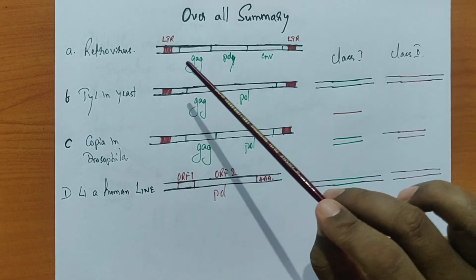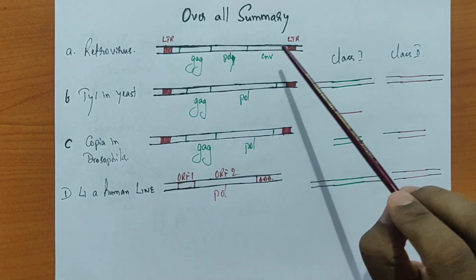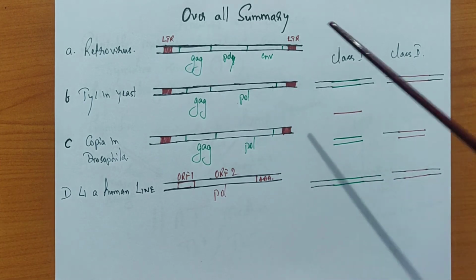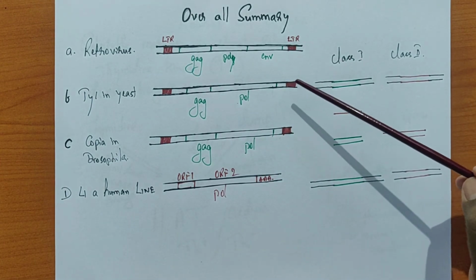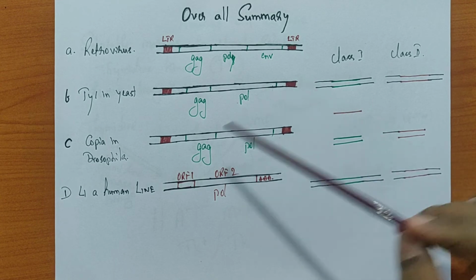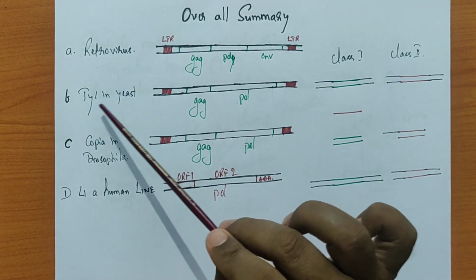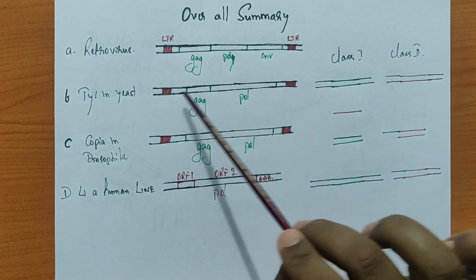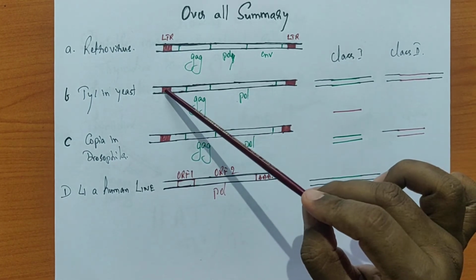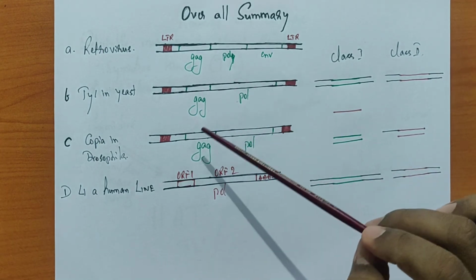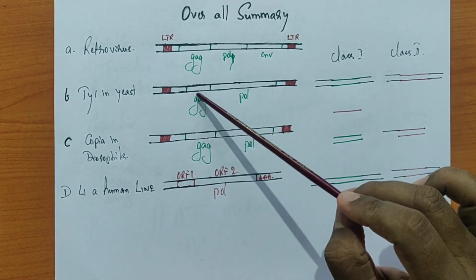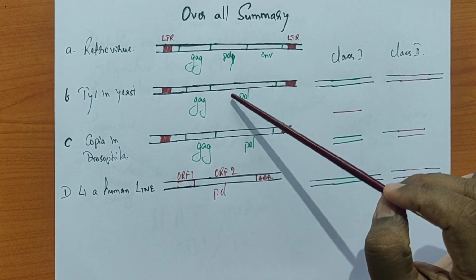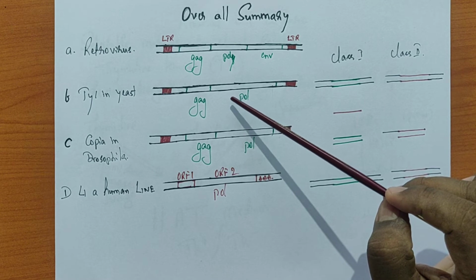So now this is a typical structure of a retrovirus and its organization, but for the integration this LTR is important. Now when it comes to the transposable element, this is a TY1, a transposable element in yeast, in fact. When you try to understand the structural details, it has the LTR sequence, which is important for the integration. Then we have the gag region, which is important for the development. Then we require the Pol region, which is for the reverse transcriptase enzyme.